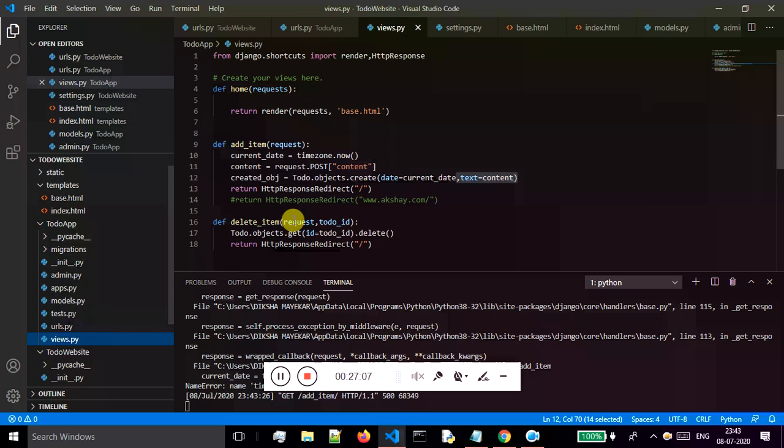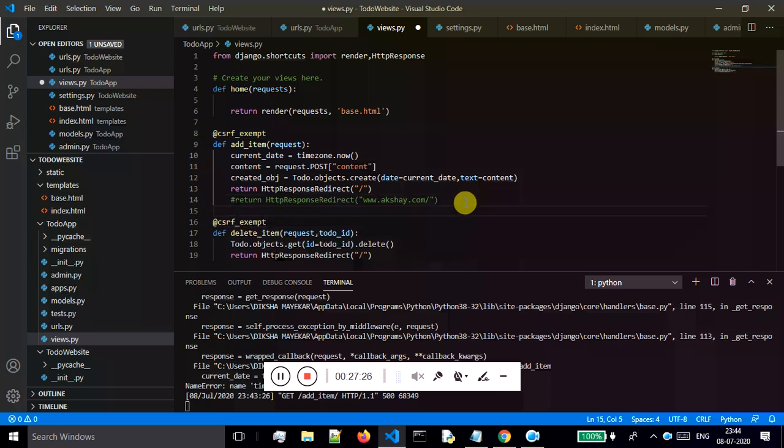Okay guys, there is one more way in which you can get rid of this. Just come over here and make use of csrf_exempt, and just copy this and paste it above this function also. And we have to specify this. Okay, so just go to the top, and